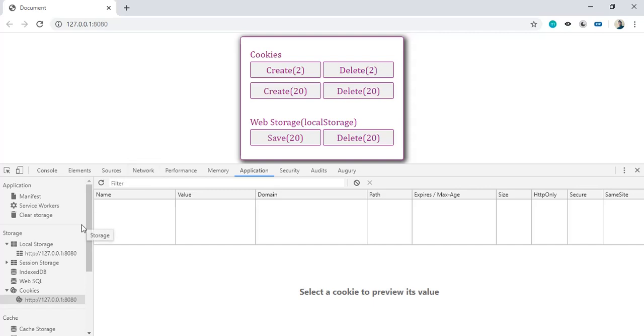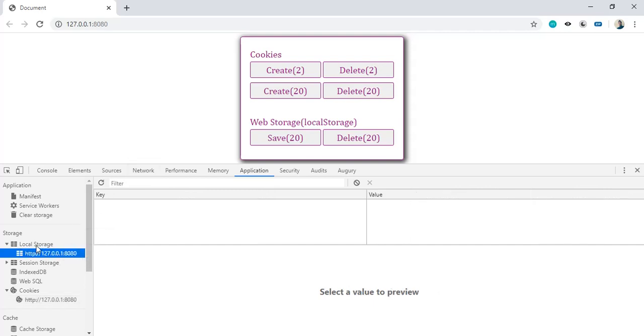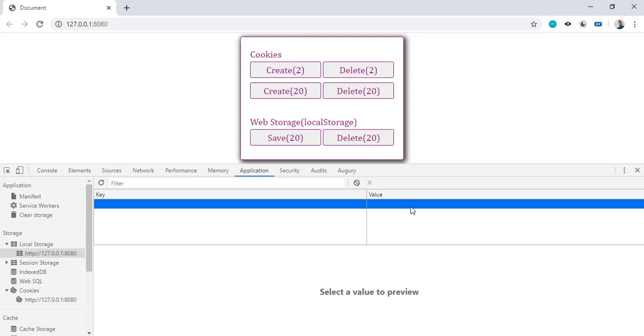So if we jump back to the local storage, here you can see clearly it has just two parts. One is key and value, and there are no other properties, meaning it does not have any expiry time and other attributes like making it accessible only for HTTP or making it secure and other stuff. While if we jump back to the cookies, you can see there are a lot of properties